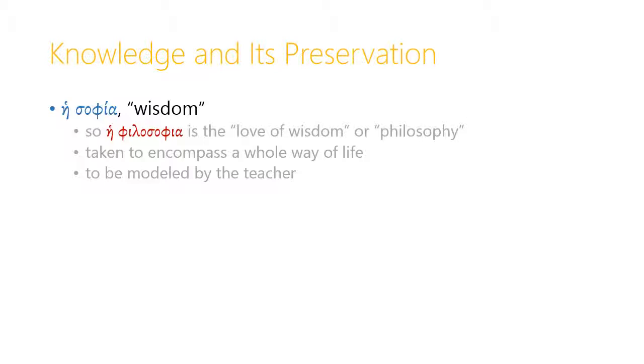Sophia was taken to encompass a whole way of life, where the head knowledge that you acquired was used practically and applied to every sphere of life so that you could lead a rational life. And this was what he philosophia was supposed to be, the love of wisdom, in which you learn wisdom, and in learning wisdom you learn how to live out that wise pattern of life